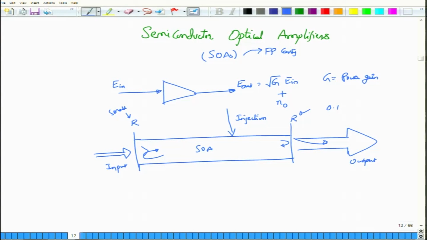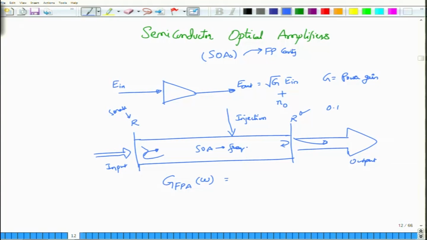So, what we are now going to do is not to go back to the semiconductor basics. We have already looked at that theory enough. Whatever we have said about lasers, most of that also applies to semiconductor optical amplifiers. But what I am interested in is to look at the amplifier gain as a function of frequency omega. Do you first of all agree that this will be frequency dependent? Well, it will be frequency dependent, because the SOA material itself is a frequency dependent